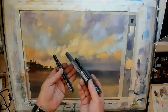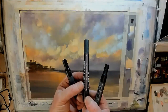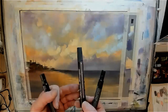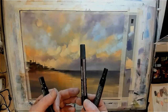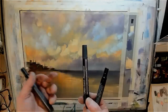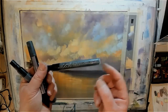Okay, so before I go into that sea, let me just show you how I can use some of these marker pens. I've got a variety of marker pens here. I've got some Pro markers, these are Winsor Newton Pro markers. They're alcohol-based marker pens. A lot of illustrators use them. You'll have probably different ones in the States and different parts of the world. As long as they're light fast and transparent, alcohol-based, I think there's lots of different ones that will work absolutely fine. These are De La Rowney mixed media paint markers that I can basically fill with